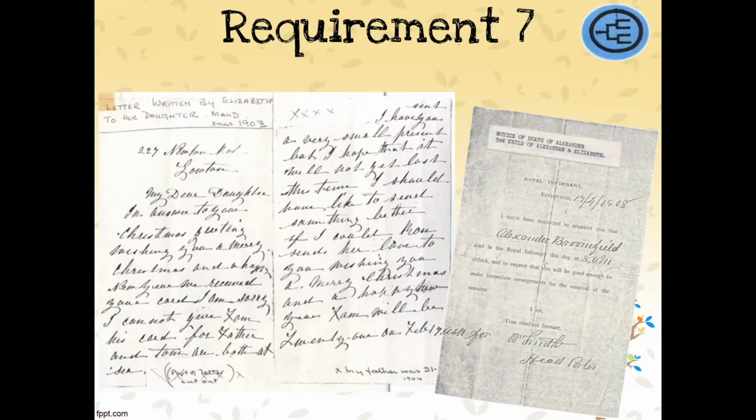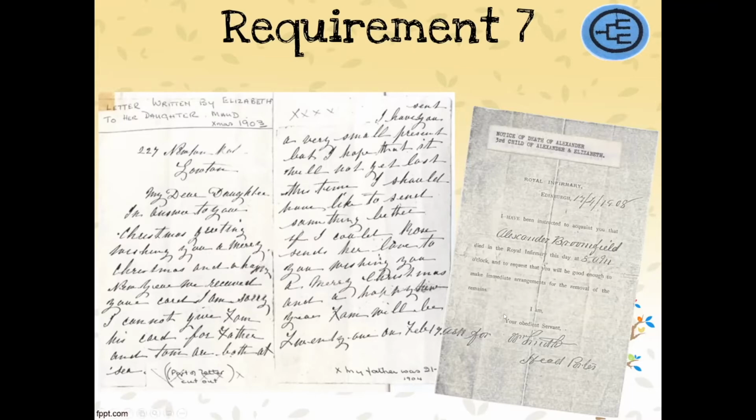So do we think this is written as a primary source of information or as a secondary source of information? Okay, on Zoom, they are saying primary. It's a primary source. This is a letter being written from a mother to a daughter, and it contains information that the mum cannot pass on the Christmas card because the father and Tom, the brother, are both at sea. So the mum's writing to her daughter and saying, sorry, I can't pass on your Christmas card. Your dad and your brother, they're at sea at the moment.